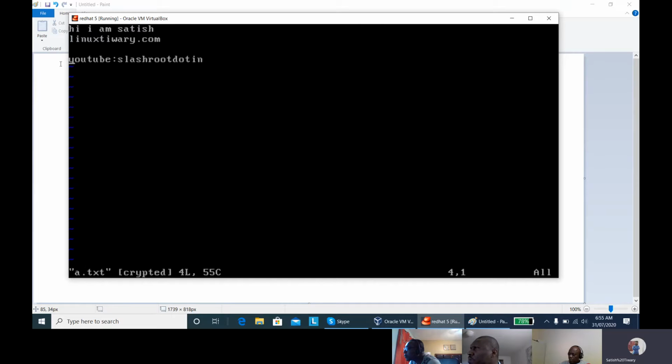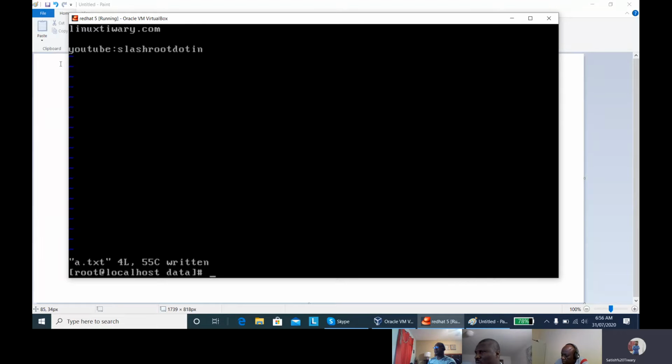Now suppose you want to remove this password, you can remove it. Let's see how. Press shift colon, and then type set key is equal to, and make it blank. Don't type anything after the equals sign, just press enter, then press escape key, then shift colon and then W key.